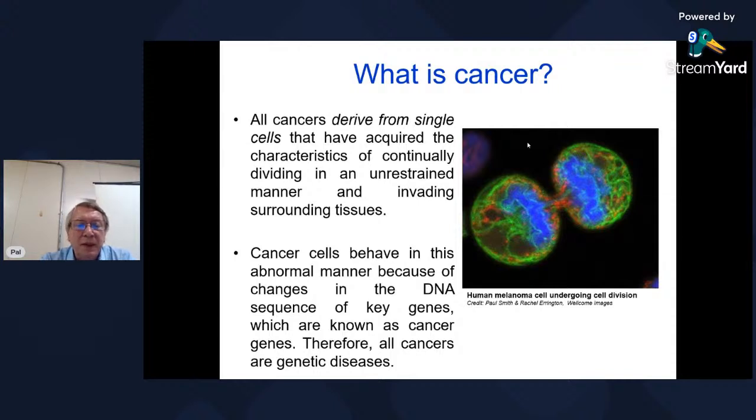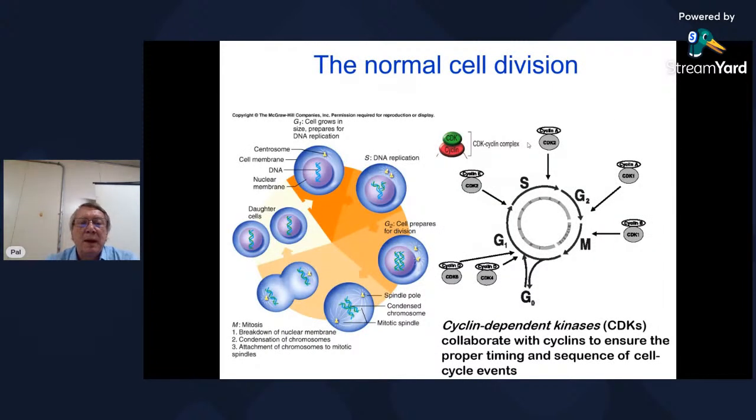They behave in this abnormal manner because of the changes in the DNA sequence or structure of some key genes, which are known as cancer genes. Therefore, all cancers are genetic diseases. To understand the chemopreventive action of the so-called anti-cancer agents, let's see what we know about the life cycle of